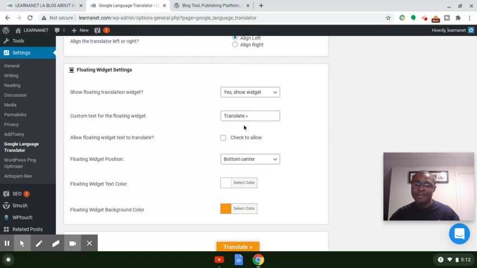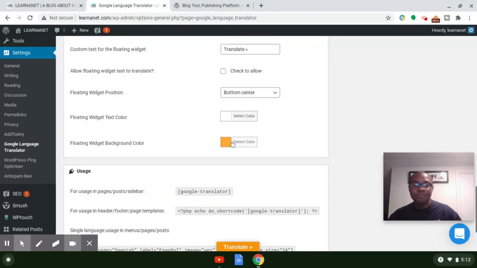The text itself that appears inside of the widget itself, you can change it if you want to. But by default, it says translate, and basically the person will click on it, and then the flags itself will open. When you look right here, guys, for the actual color of the background of the widget itself, at default,